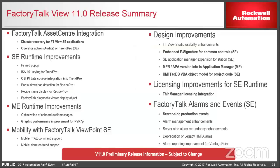So we have got the capability of pulling in a little bit of information there. With Thin Manager and FactoryTalk View, we now have the capability of licensing all of your images out at the individual client. So for those that have had a Thin Manager system or were wondering about how the licensing works on that with FactoryTalk View, typically when you have a computer and you open up FactoryTalk View SE, I can